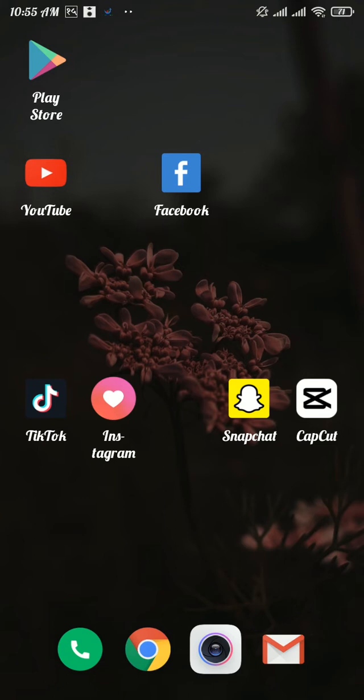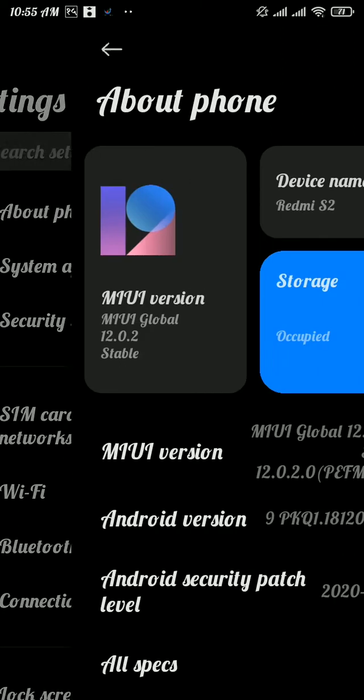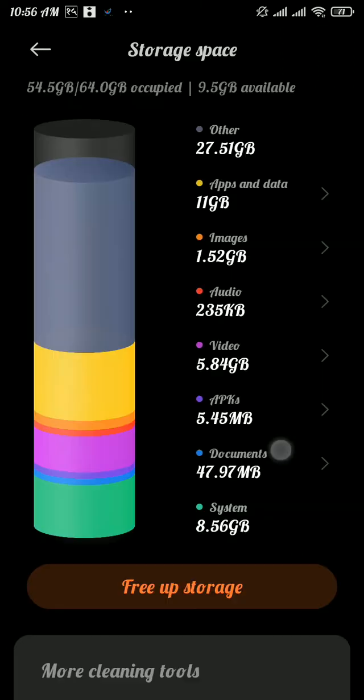Firstly, you should check storage on your device. For that, head over to the settings panel on your device. Now in the settings panel, tap on about phone and then tap on storage. Now if you have enough storage to run Instagram, then you must head over to the Google Chrome on your device